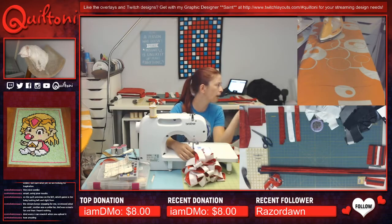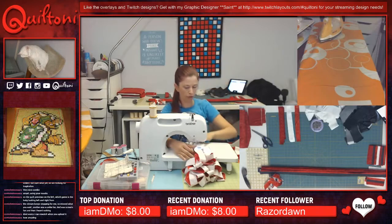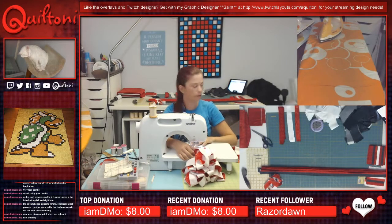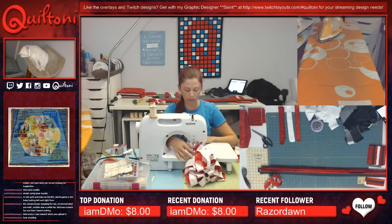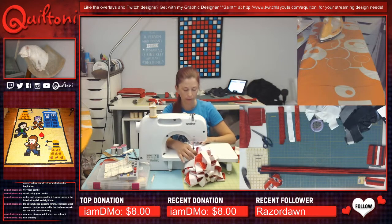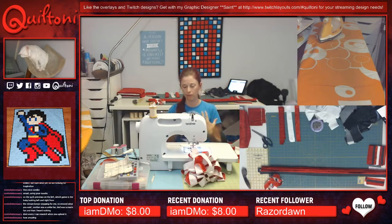When it pops around, the dragon one, the one with the dragon and the UFO in the book, that was a quilt from my Indiegogo campaign after my big theft. And I was trying to get back on my feet after the theft. In the Indiegogo campaign, whenever she pledged, she contacted me and said, well, I want a quilt with a dragon that's coming out of a book and a UFO in the background because it has this representation of this, this, this, and this to me. And if possible, stained glass. And I went,